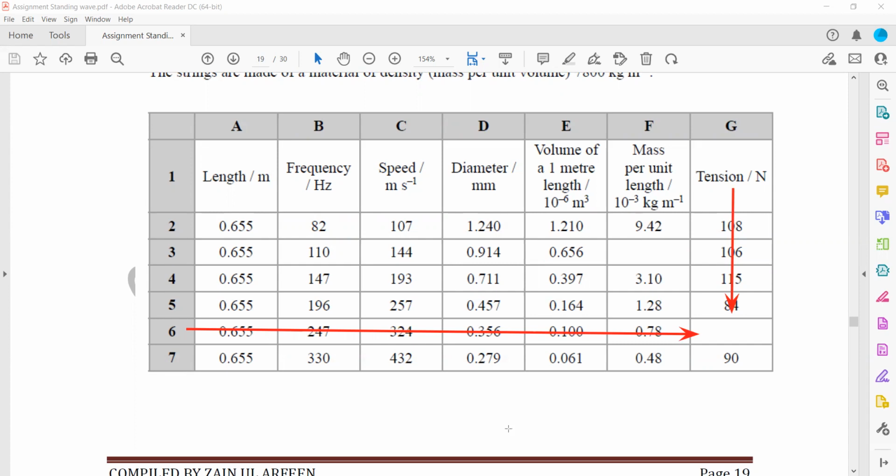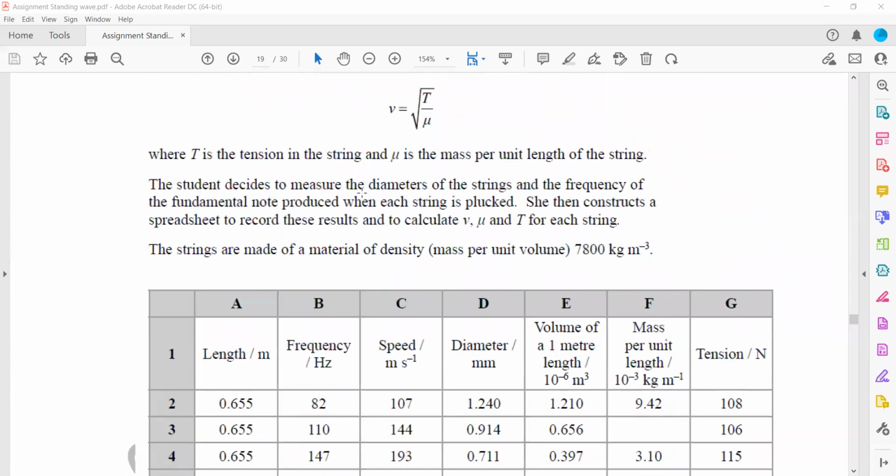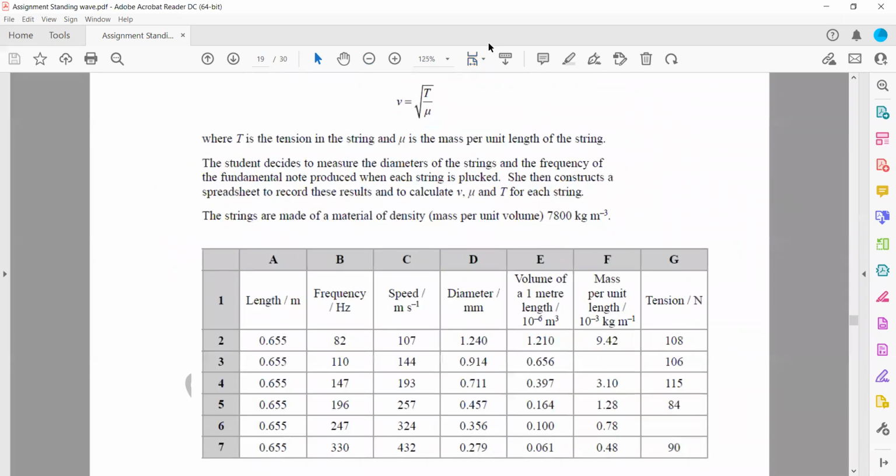If you check at the beginning of the question, they give us the formula that the speed of the wave is equal to the square root of T divided by mu. So if I need tension, V is equal to the square root of T divided by mu. If I square the equation on both sides, V squared is equal to T divided by mu, or V squared multiplied by mu is equal to T. V squared means the speed,